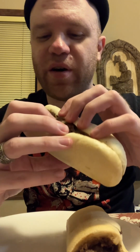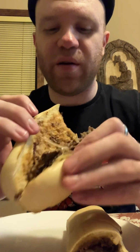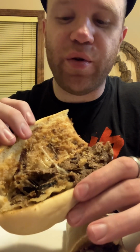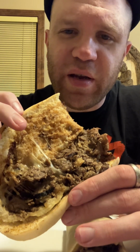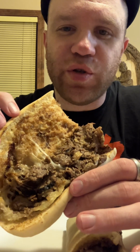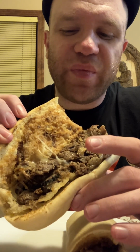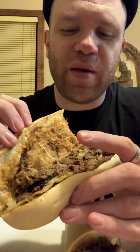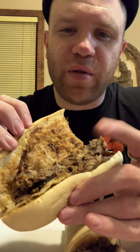But anyway, let's see the contents within the sandwich right here, and I'm not gonna lie, that cheese actually looks pretty good. And well, thankfully, the steak right here didn't get the bread too soggy and too gross and too nasty, but it's besides the point. And before you ask, where's the other stuff they would typically throw on there, like onions, the mushrooms, the banana peppers, and all the other peppers that they put in there? Well, I got the typical sandwich that didn't have too much jammed